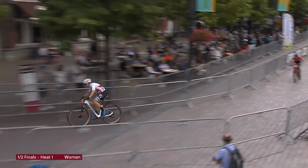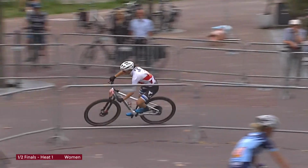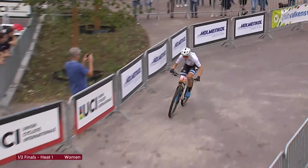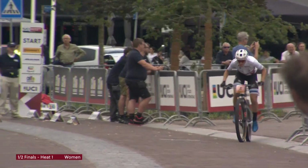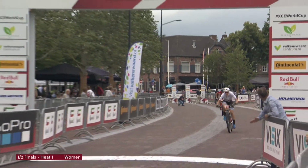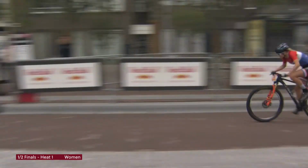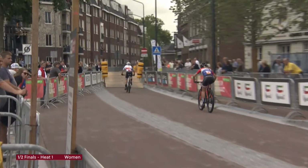the doubles. And you can see Gaia Tolmena clearing the doubles, and behind you can see Didi de Vries having to roll away through there, really not carrying the same pace, the same speed, and that has cost her time. Every time you do that, you're going backwards compared to the rider in front. You can see the team there just showing the indication that Gaia Tolmena of Italy, the European champion, of the